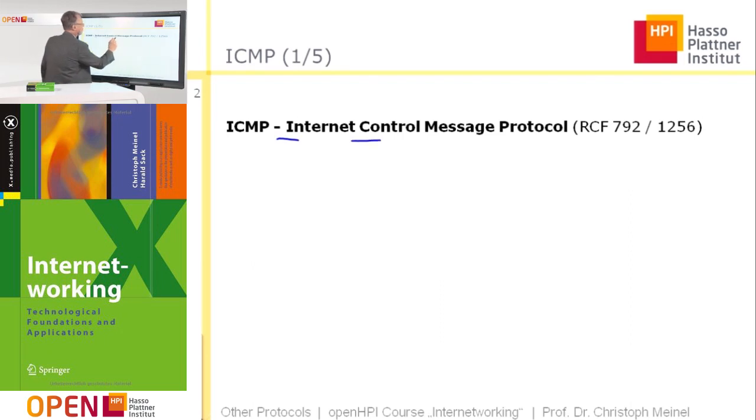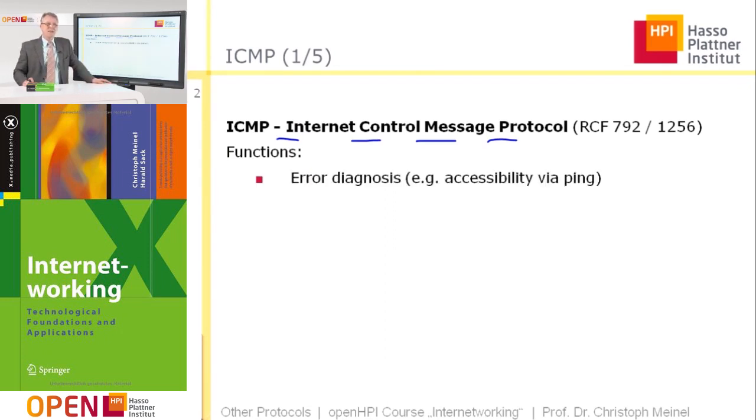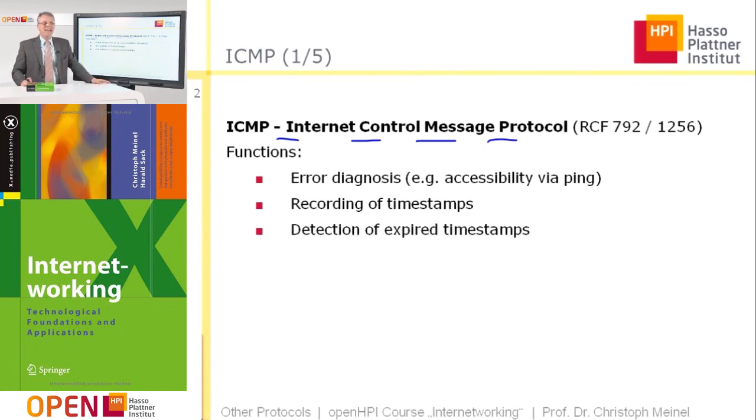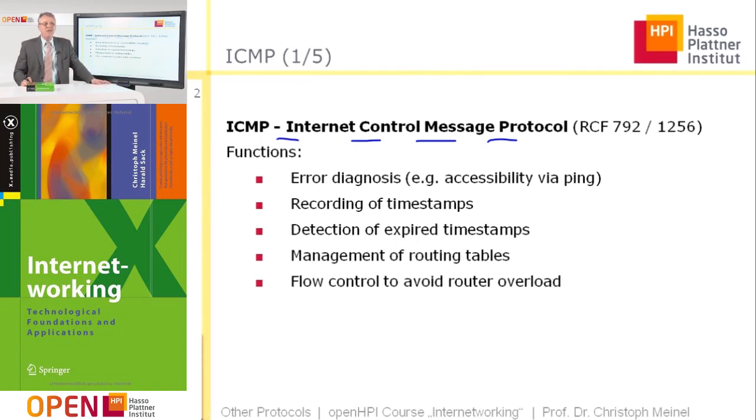ICMP, the Internet Control Message Protocol. It is specified in the Internet Standards 792 and 1256 and has the following functions. The ICMP protocol is mainly needed for error diagnosis. It is needed to record timestamps, to detect expired timestamps, and to manage routing tables. So it provides a lot of helping functions that are needed to perform the IP protocol in the correct way. Also, flow control